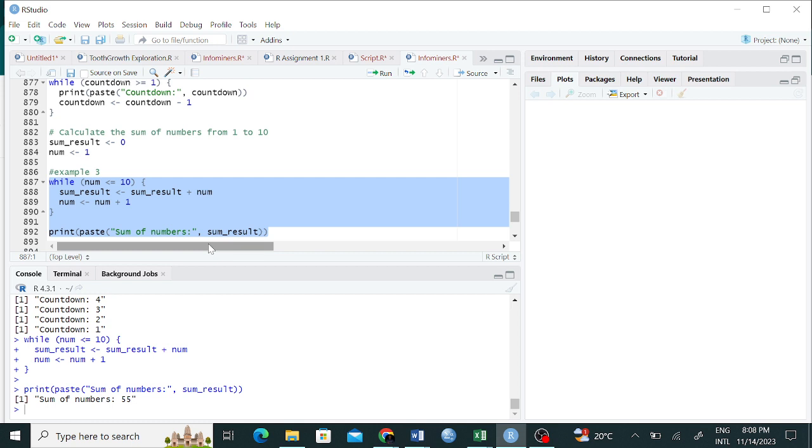Yes. What is the difference between for and while loop? Eric, any difference?